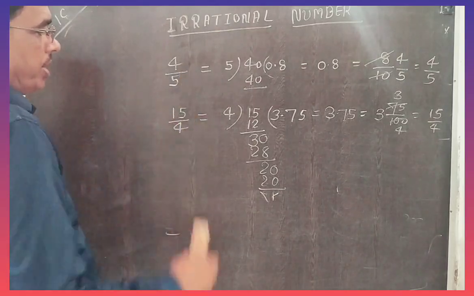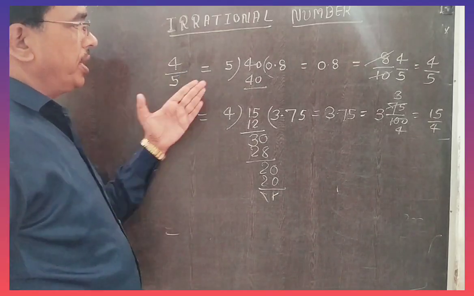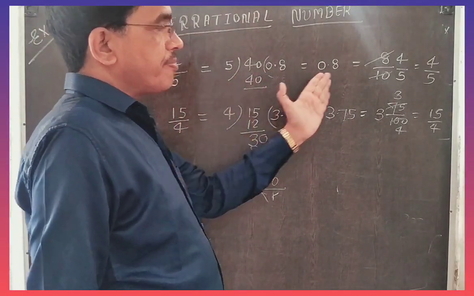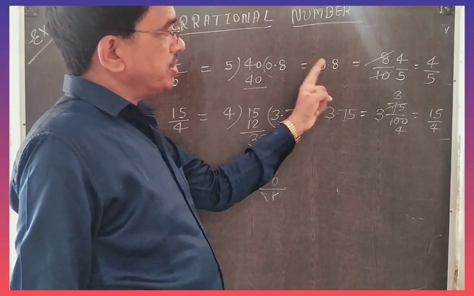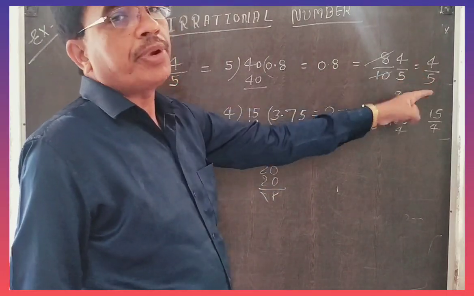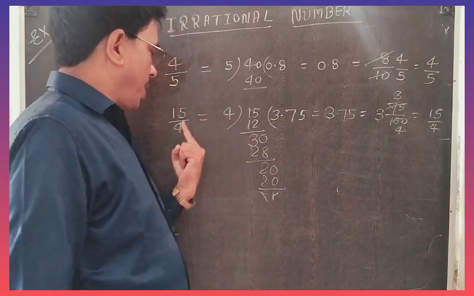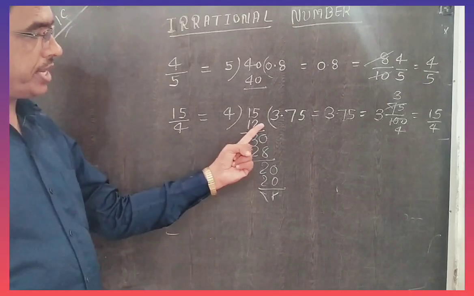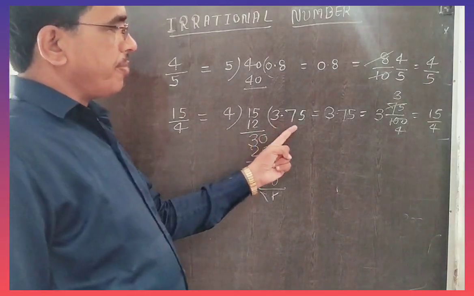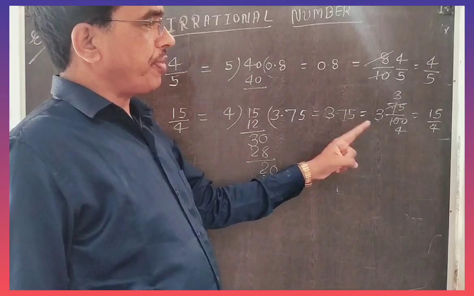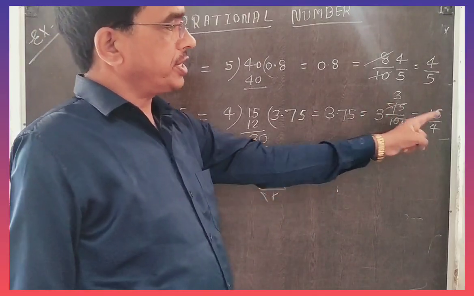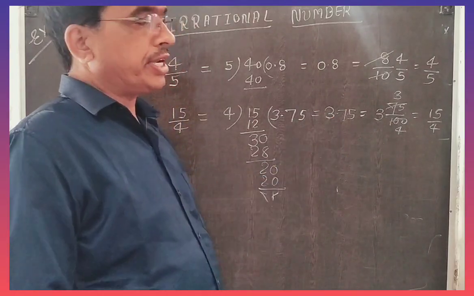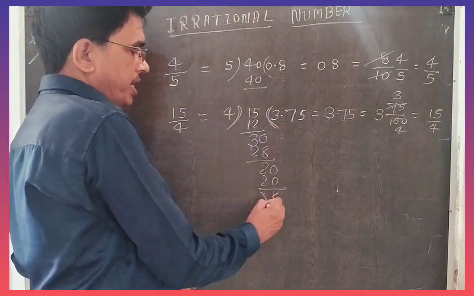When you divide the numerator of a rational number by the denominator, it converts into decimal form, and this type of decimal is called a terminating decimal, and a terminating decimal you can again write in the form of a rational number. When a number is divided, we get decimal form, that is 3.75, and this 3.75 you write as a rational number, 15 by 4. It is also a terminating decimal, because the division comes to an end.